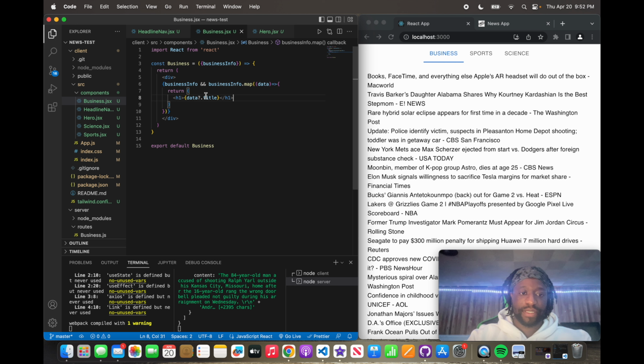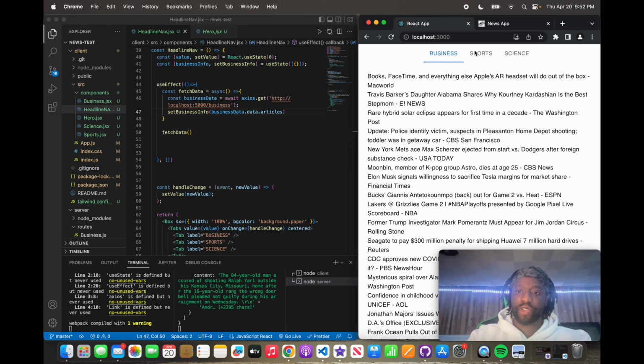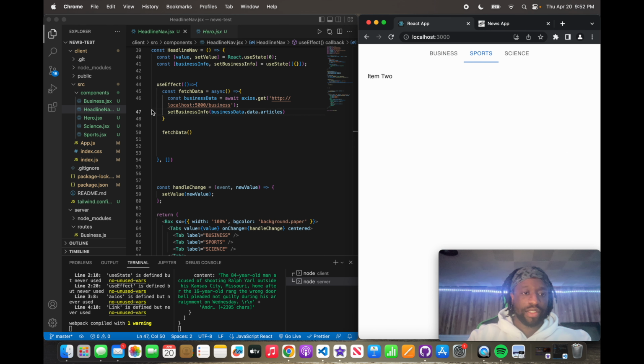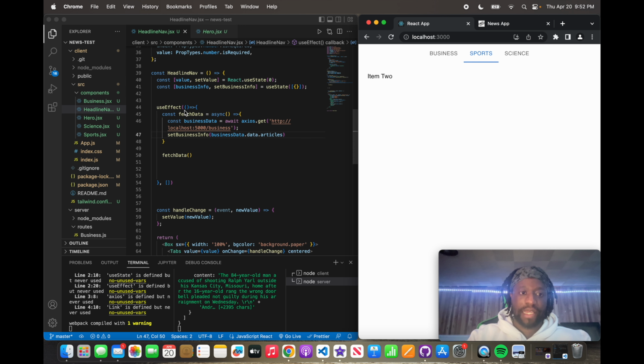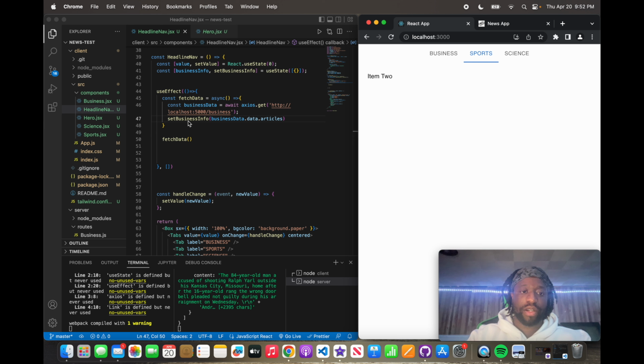So now, business info and business info dot map, we have that so far. Now let's close out of business and go into sports. We're doing the exact same thing. Within the same headline nav, the same headline where we had business data, we're going to do the same thing for